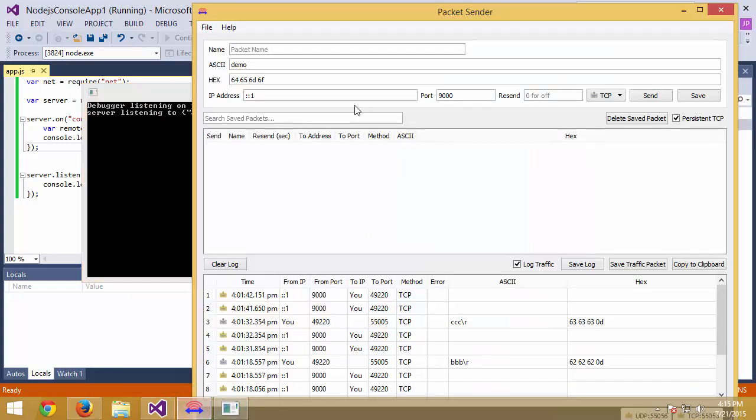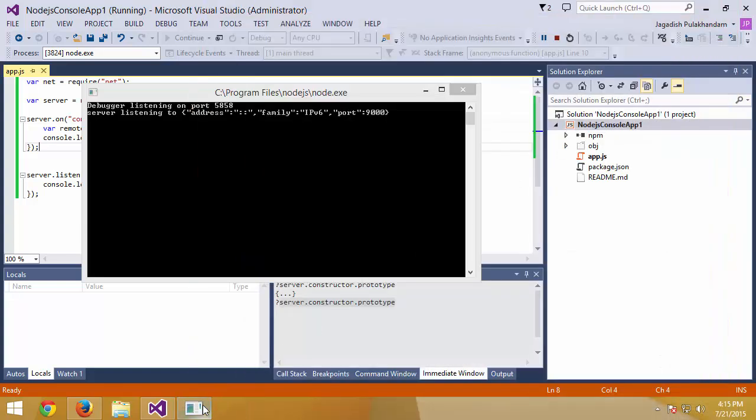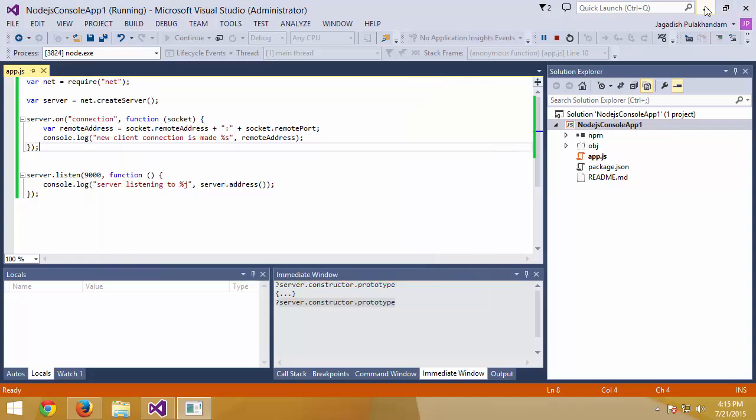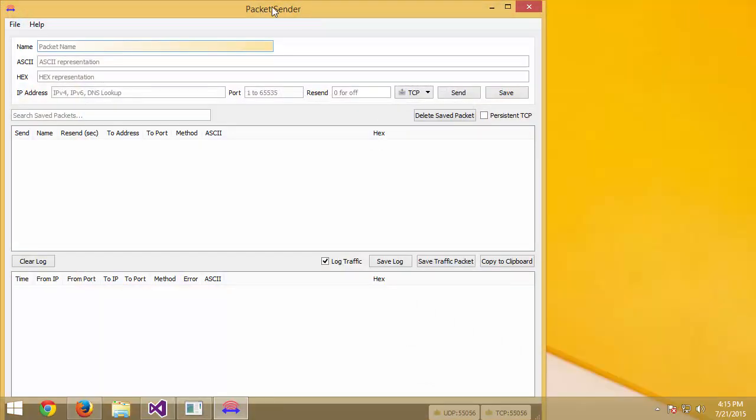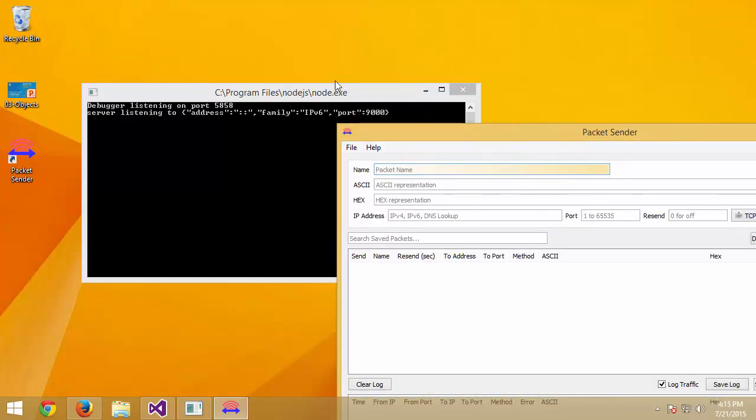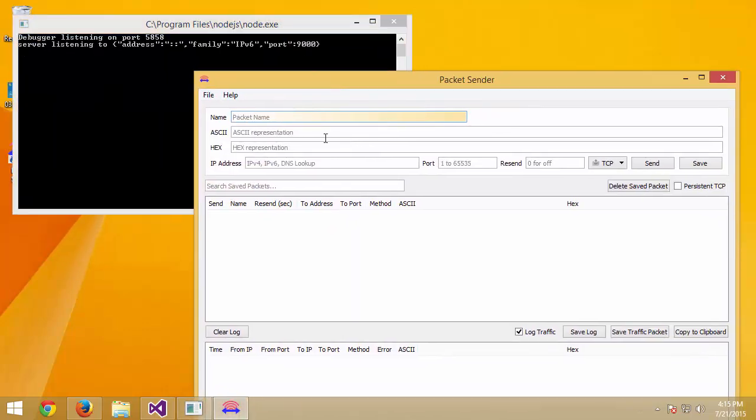So I go back to my packet sender. Let me close everything. Let us start everything from scratch for testing. So I open my packet sender, and now I would like to send a message, something like test, which is going to be sent to our particular server, but it is not going to be honored because we did not write any code for that. So again, this is going to be localhost, and I would like to say 9000 and TCP, click send,